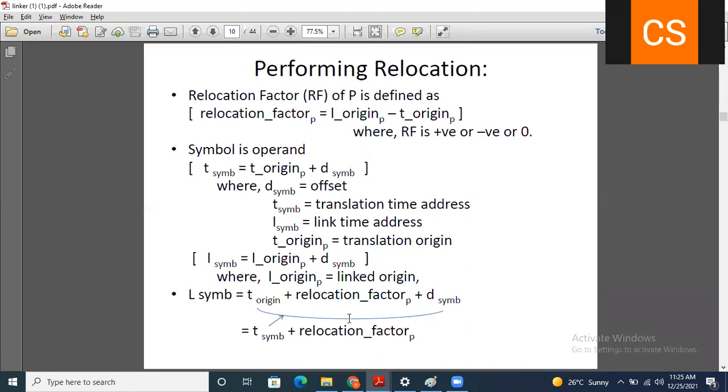So the relocation factor is equal to L origin minus T origin.